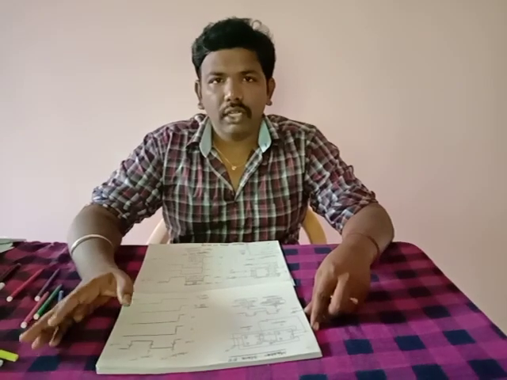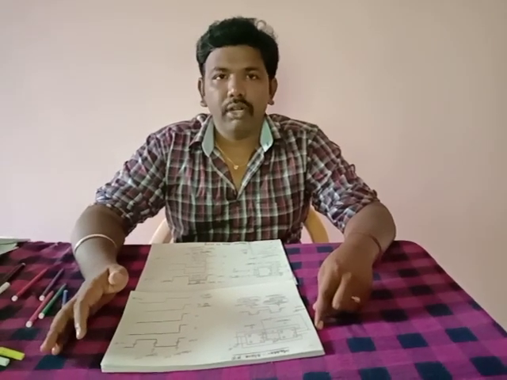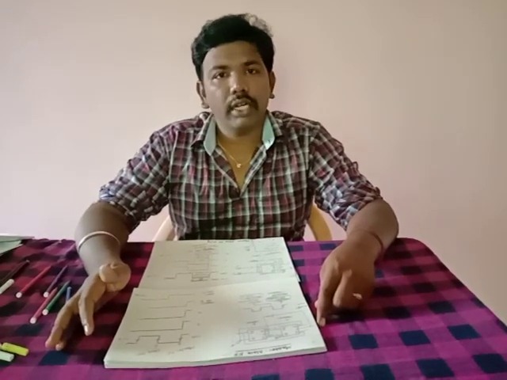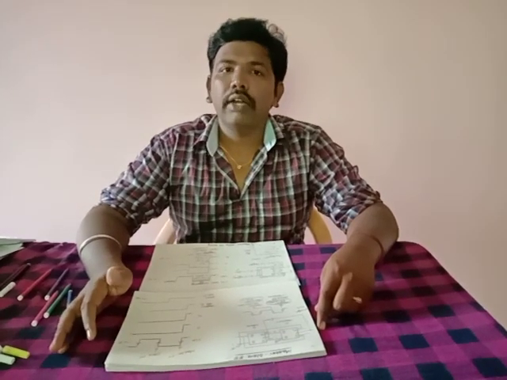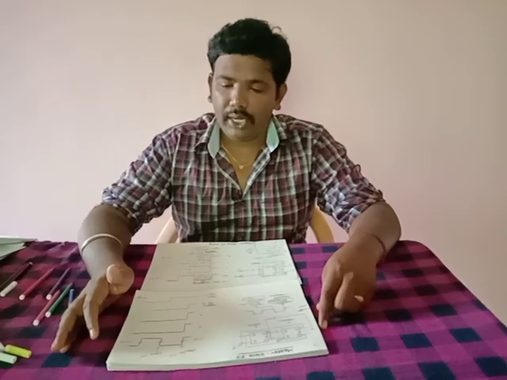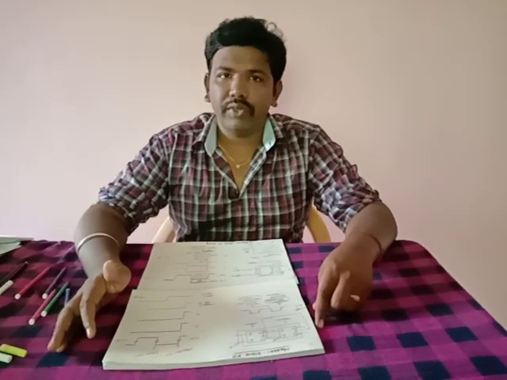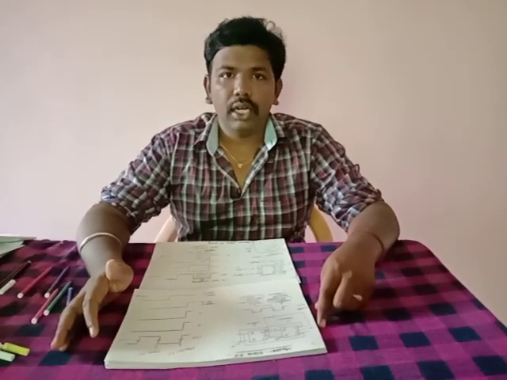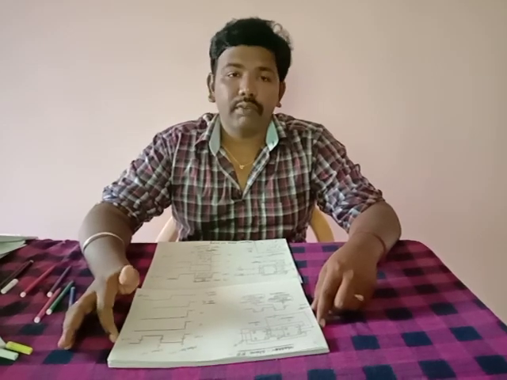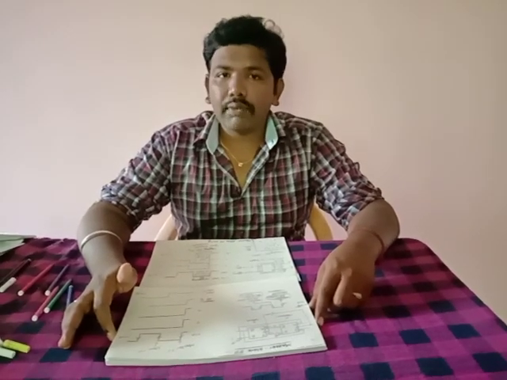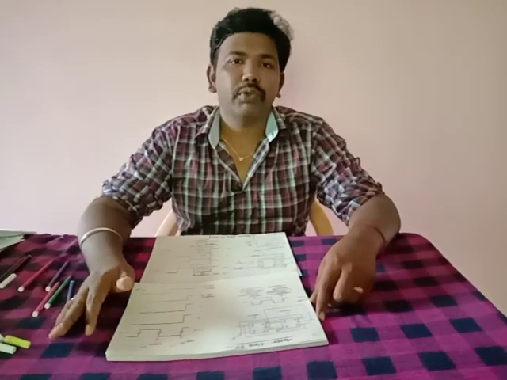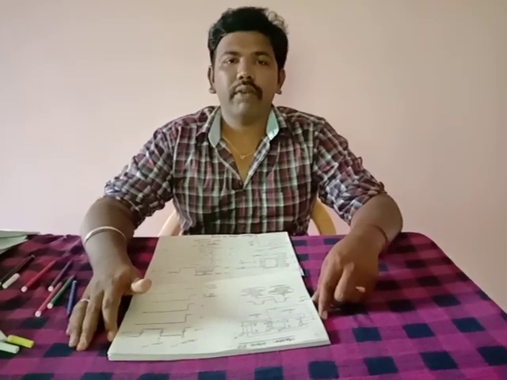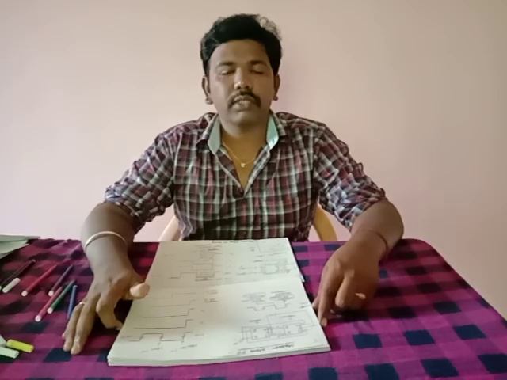In today's session, we have discussed the topic called race around condition, and we also discussed what the master slave flip flop configuration is. We have learned a few new terminologies today like propagation delay, pulse width, race around condition, and also master slave flip flop configuration. Just have a look at all these waveforms. These waveforms are very simple and easy to understand. Look at them, and if you have any doubts, please ask me. We'll discuss further. Thank you.